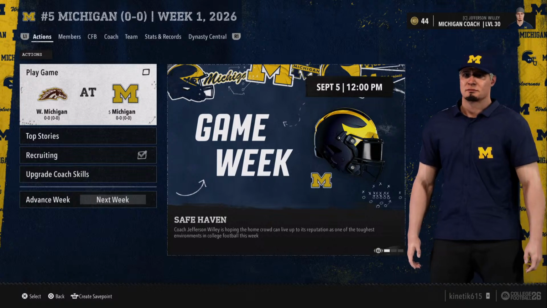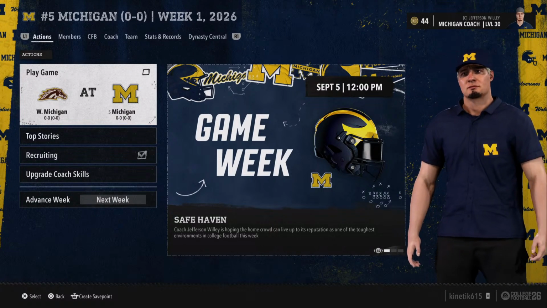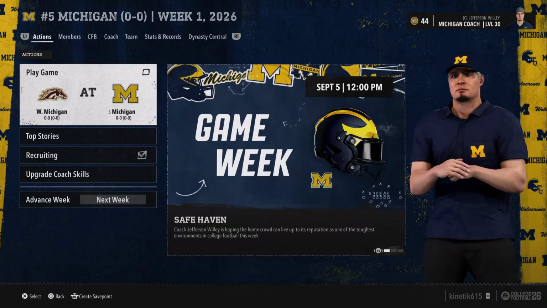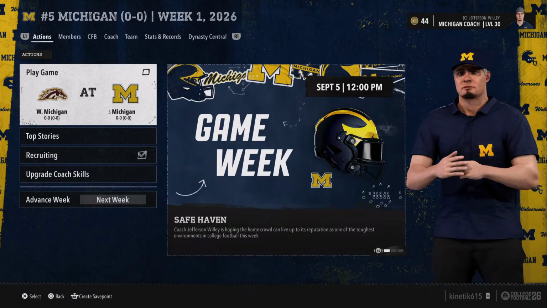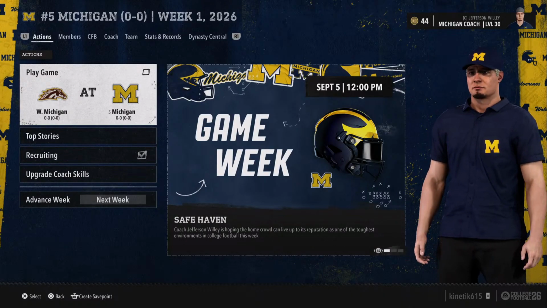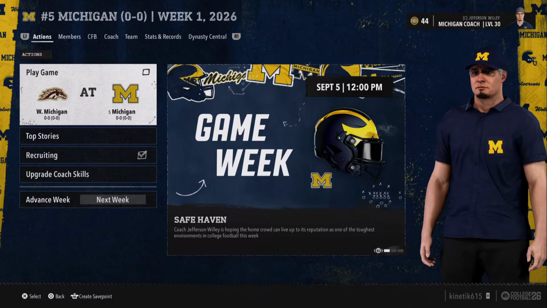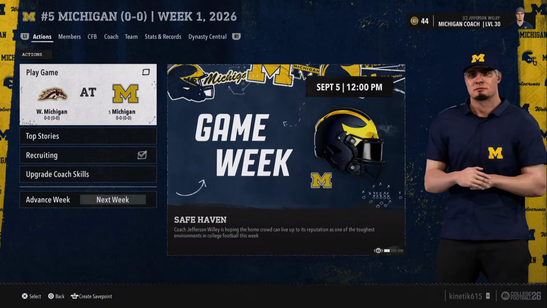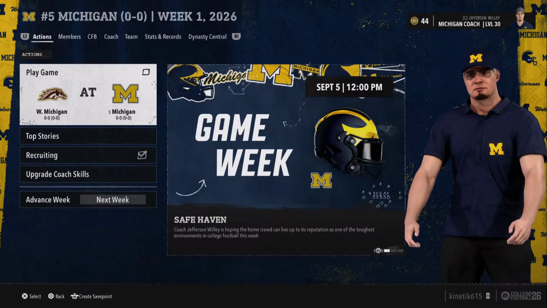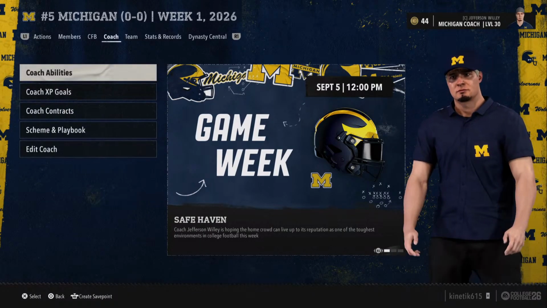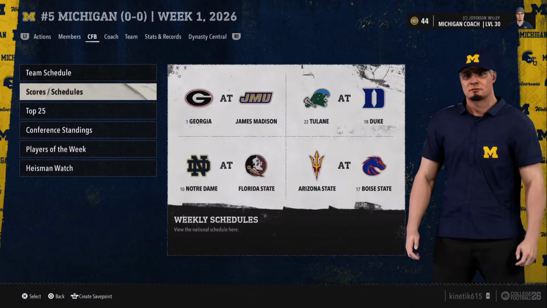In between then and now, I have set up my schedule, or not set up my schedule, excuse me, I actually did not touch the schedule. We did do custom conferences on the last stream, where I set up a 5-conference setup regionally: East Coast, middle of the country North, middle of the country South, Southwest, and then West Coast. We've got 5 conferences that are tied to 5 smaller conferences.